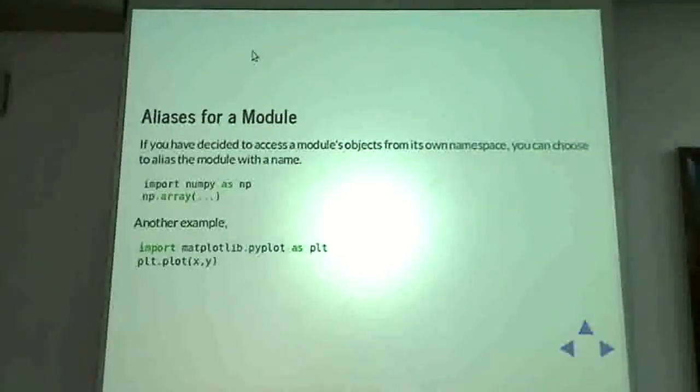A very useful application of this is immediately evident when you use matplotlib. Most of your conventional plotting functions sit in a sub-library called pyplot within matplotlib. So imagine saying matplotlib.pyplot.something every single time you want to change the axis label, change this, change that, and so on. So aliases are very frequently used.